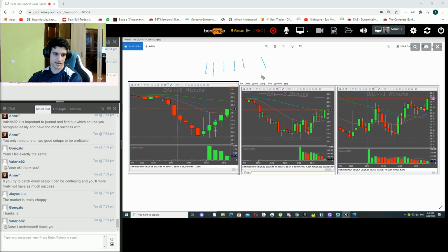ABCD patterns, ascending or descending triangles. I will focus on breakouts, quick scalps, with the momentum at the opens. Now let's see what Peter did right here. Peter traded Dal and he traded it to the short side, and